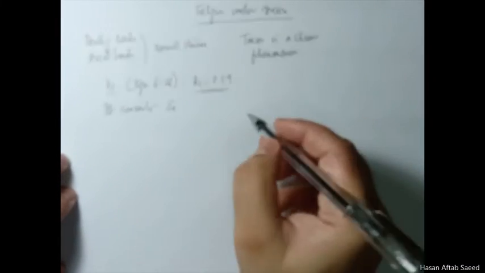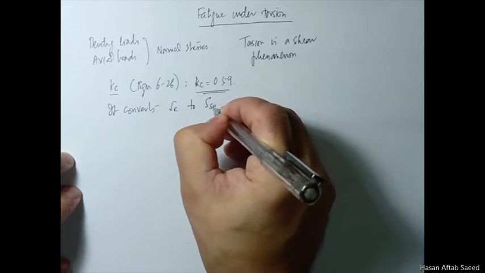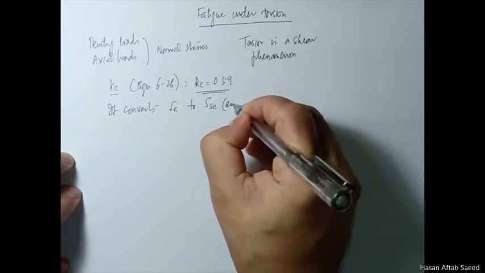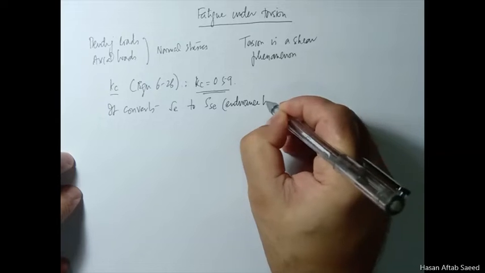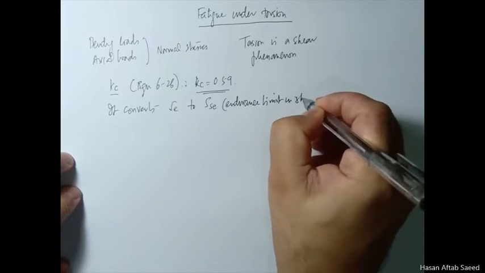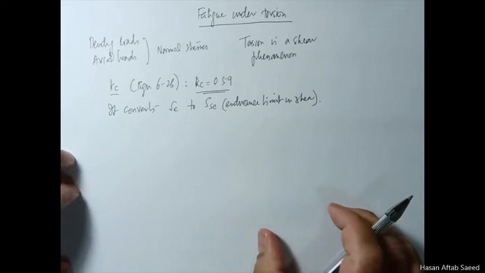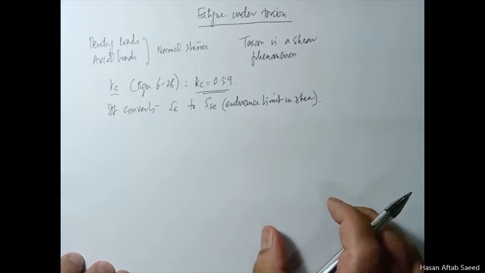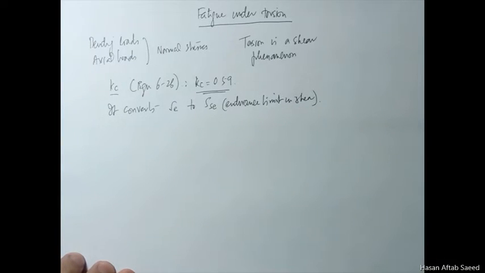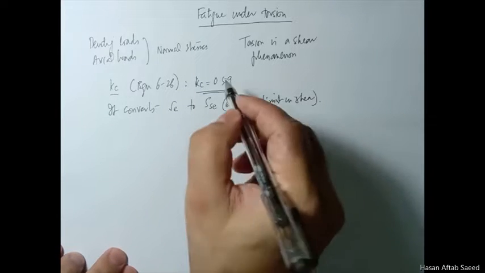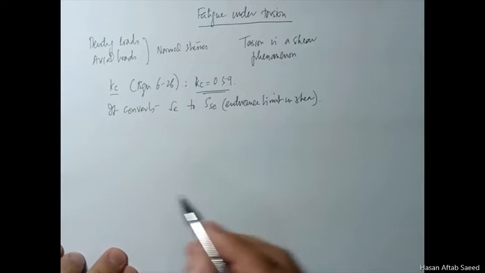What this Kc of 0.59 does is it converts SE, endurance limit, to SSE, endurance limit in shear, because torsion is a shear phenomenon, so we have to convert our endurance limit to endurance limit in shear. And how it does this conversion is that if you recall,